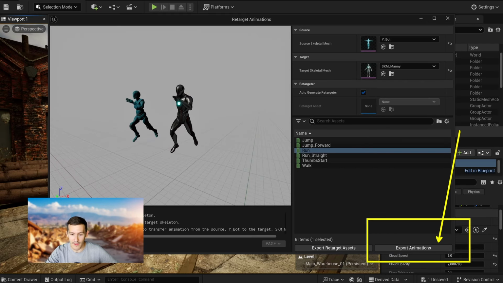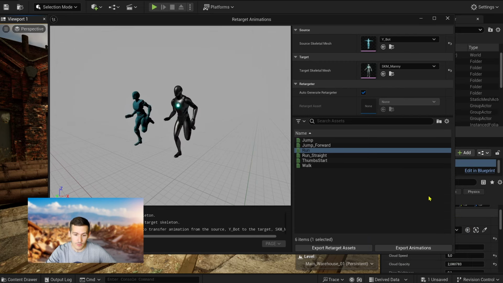If we double-click on one of the animations of our Y-bot, we'll get a somewhat surprising result. That's what happens when you go off the beaten tracks. This will allow us to dissect our auto retarget in detail. Indeed, earlier we directly chose the export animation option because our retarget was successful.